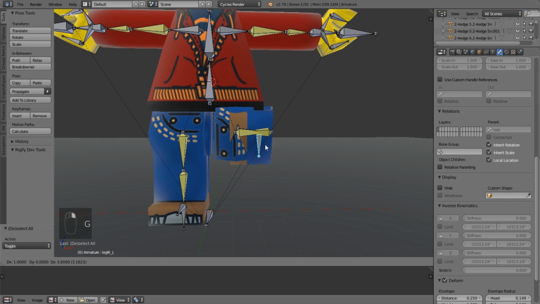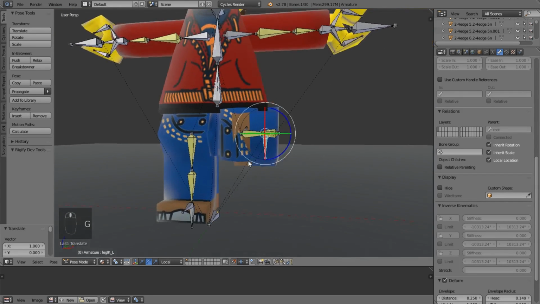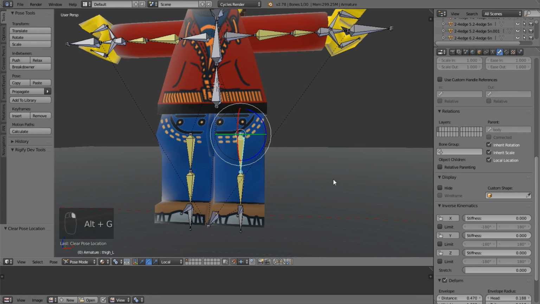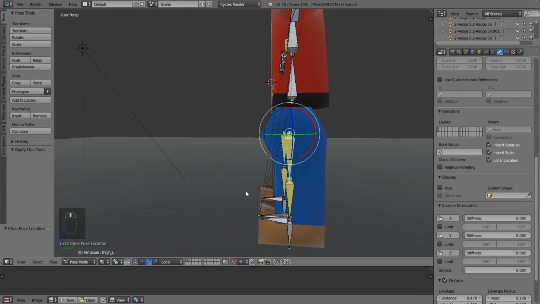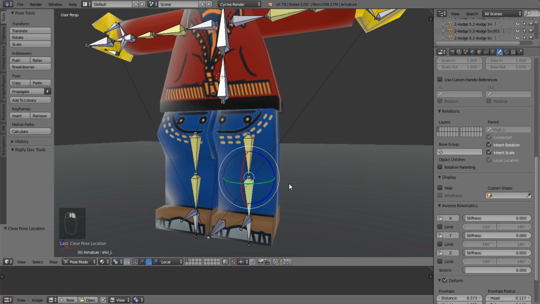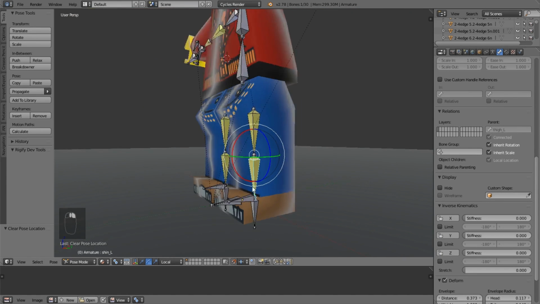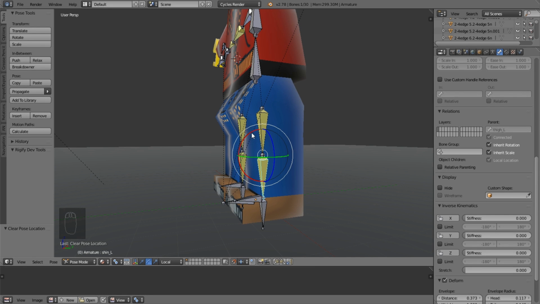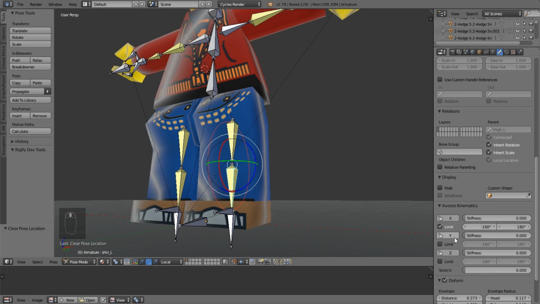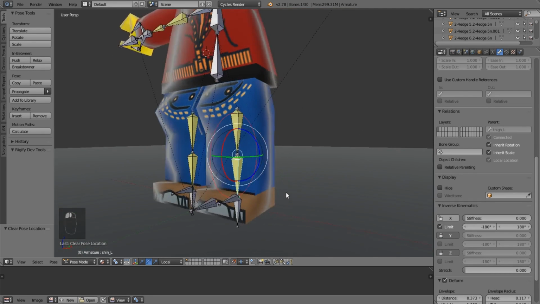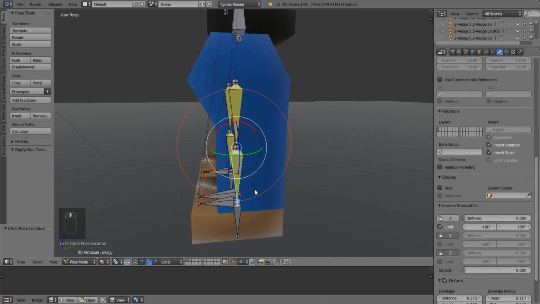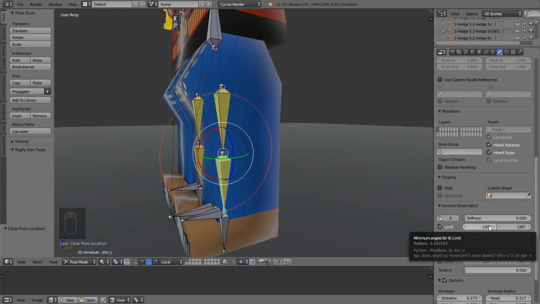we want the leg to not do that. So we want to keep this. This is fine. But we want to lock it. We want to lock this. So yeah, that's local. We want to limit the x-axis, lock the y and z. So now we can only rotate the IK across the x-axis. So